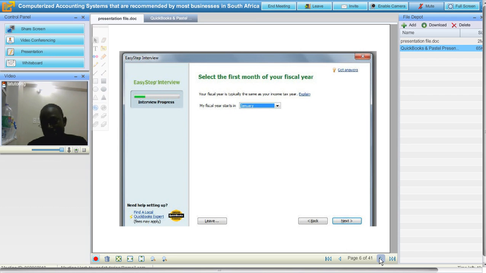Now we are in March. So if you choose January, which means you have to capture everything that you did from January up to March. So capturing started in January, so we are selecting January. But as for yours, you select the period or month that you actually started your company in. Then you click next.